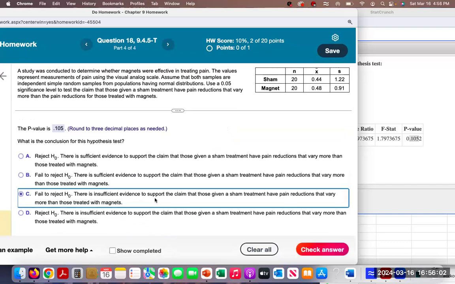There is insufficient evidence to support the claim that those given a sham treatment have pain reductions that vary more than those given